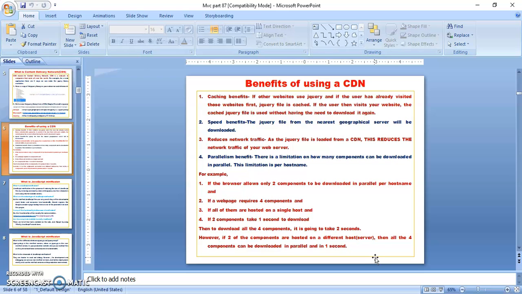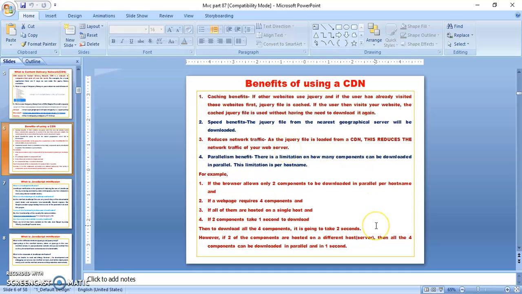Speed benefits. The jQuery file from the nearest geographical server will be downloaded. Suppose your server is in America and you are in India. You don't need to go to America to download the files.